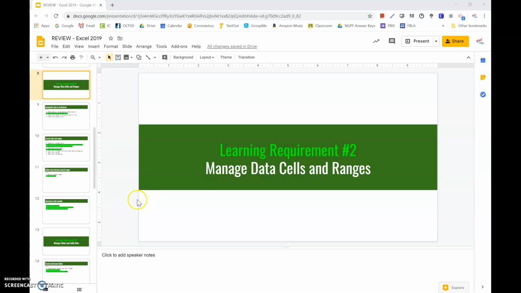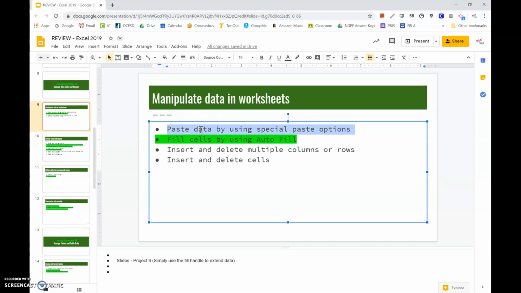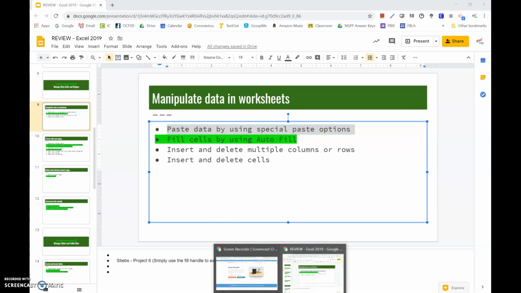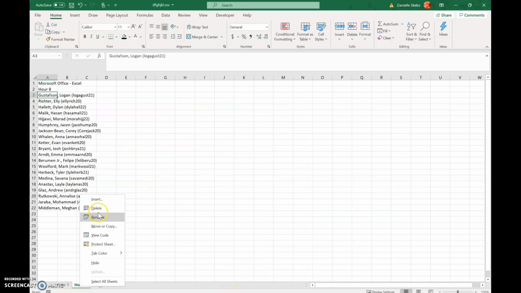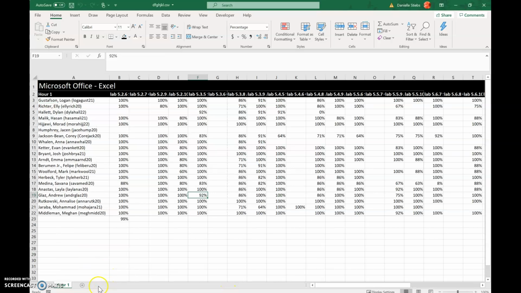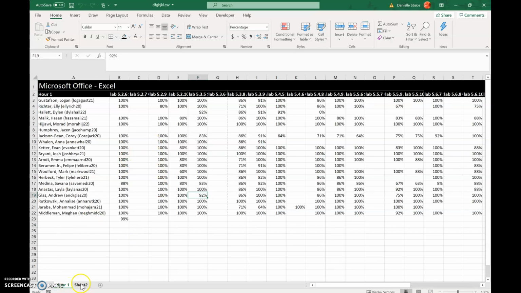All right, so we're now on to learning requirement 2, which is manage data, cells, and ranges. So first, pasting data using special paste options. Actually, I just did this. I'm going to delete this. Okay, so if I have this information for hour 1 and I want it in hour 2,